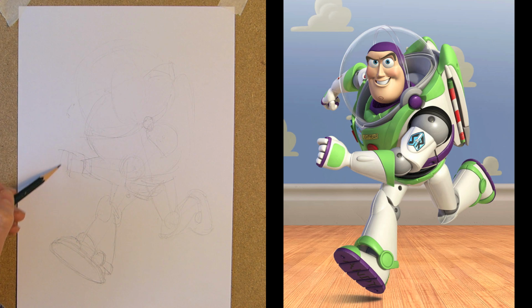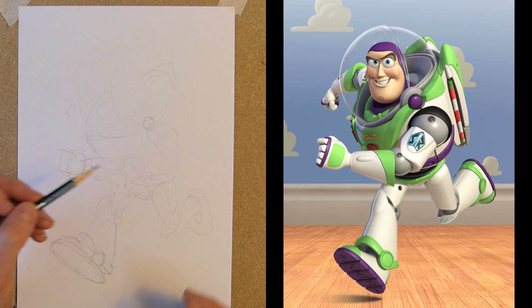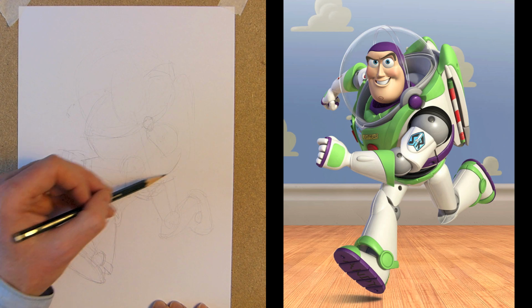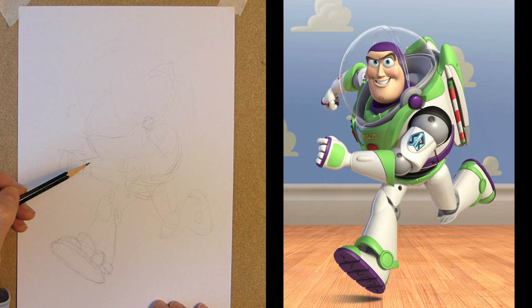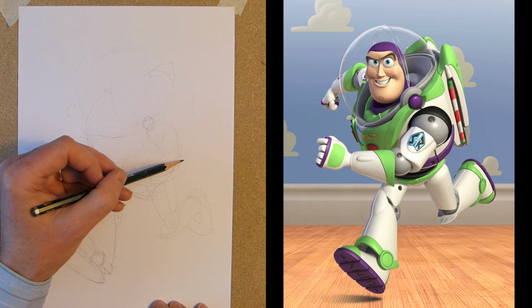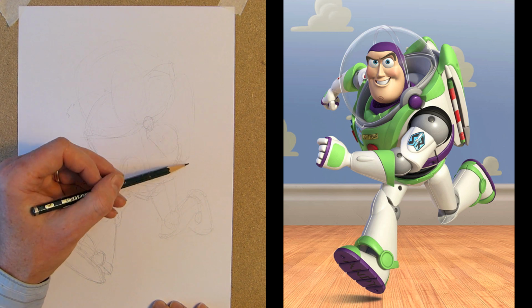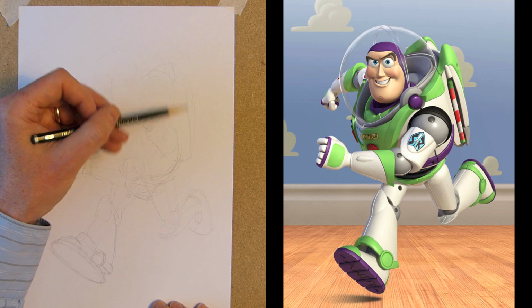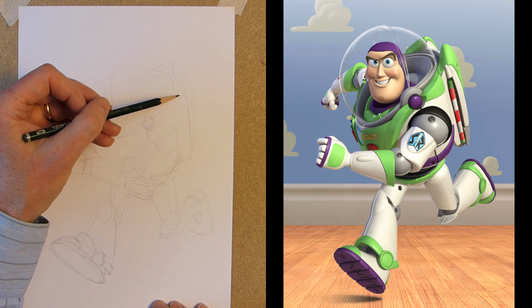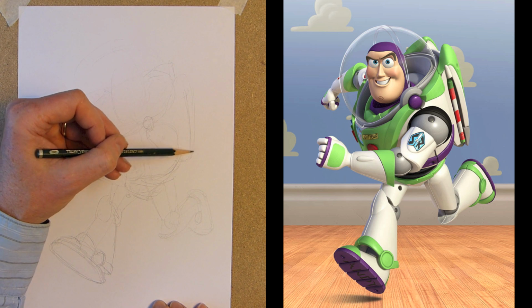Extend that a little bit, get the shape in. So I'm doing this very, very quickly and very loosely, just so we can get the shapes in, and then we're going to detail it up and get a nice outline down, which you can then colour in merrily, either with your pencil, or with crayons